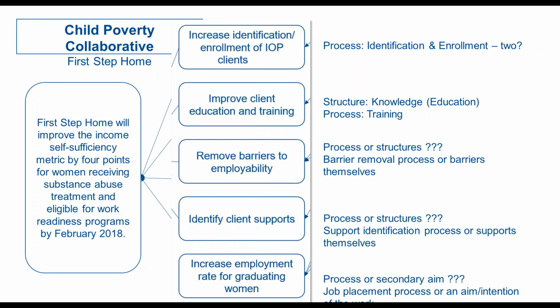And here we have, I would say, a question as to whether this is a process. Do we have a step-by-step process for gaining meaningful employment for graduating women? Or is this a secondary aim? Is this a sub-aim, if you will, that really needs its own build-out, its own thought process around that? Anytime we see words like increase, decrease, we want to be clear about whether we are setting ourselves up for a second sub-project, or whether that's actually a particular process or set of steps we're working on.